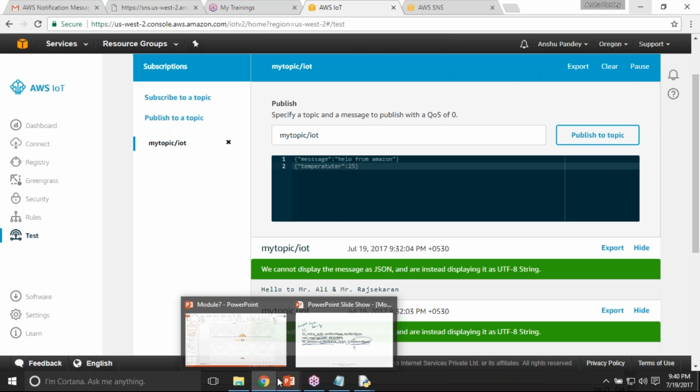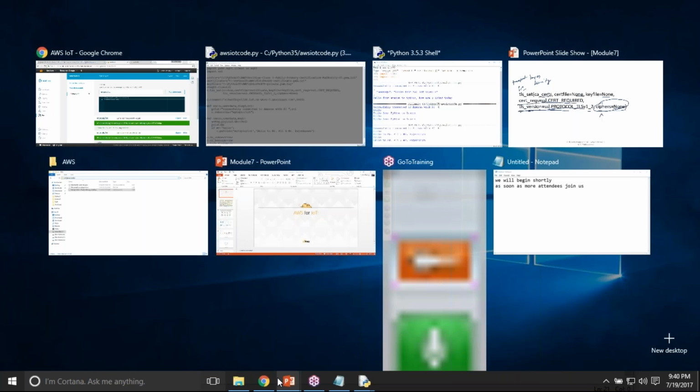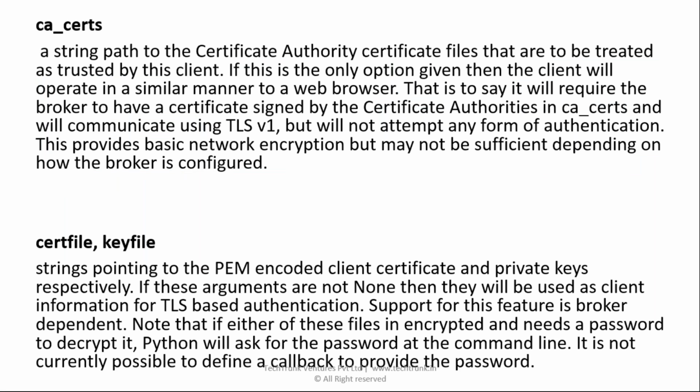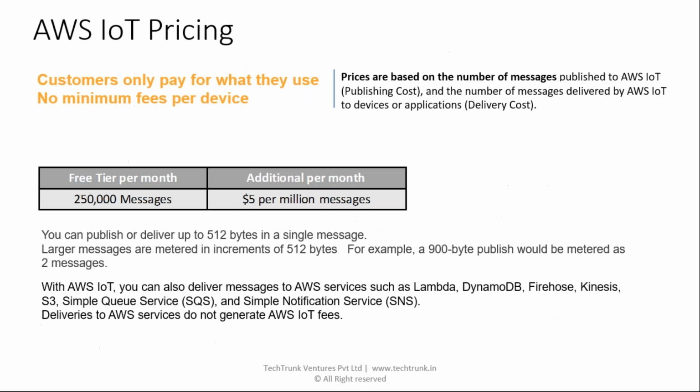There are some policies of Amazon. Once you create a free account, you get around 0.1 million free messages, and after that, for every 2,50,000 messages you get free, and after that you have to pay $5 per million messages. That's very easy, and for testing purposes you're not even going to cross 2,50,000 messages. So the free service is going to be completely free for you